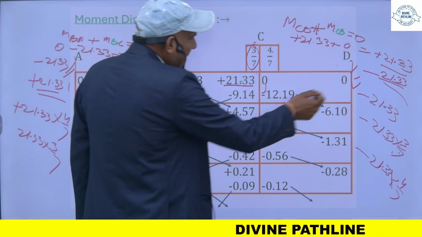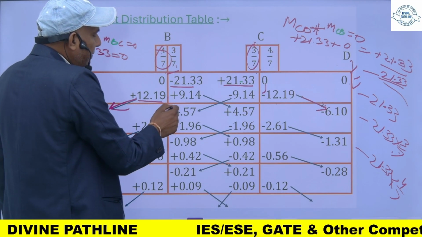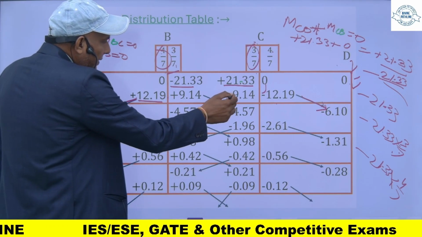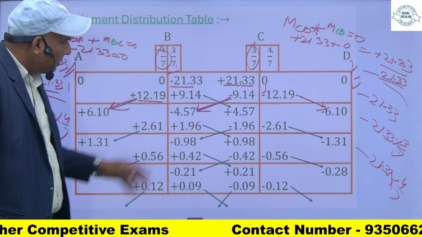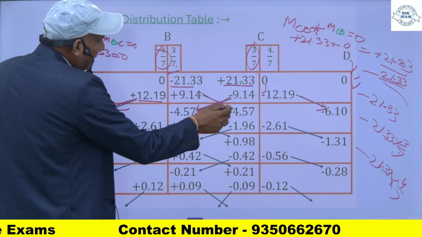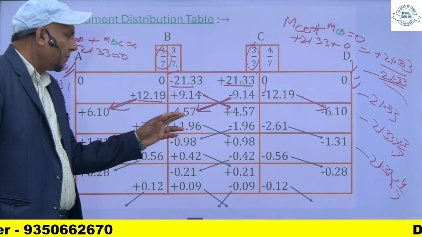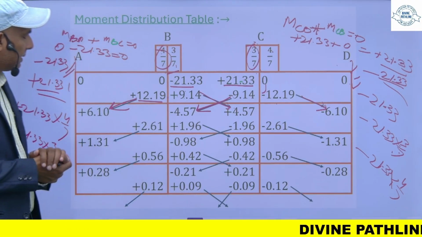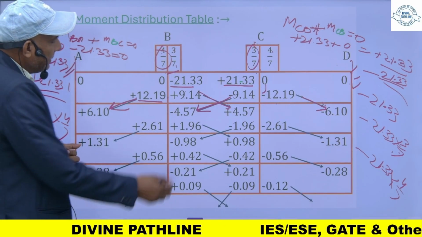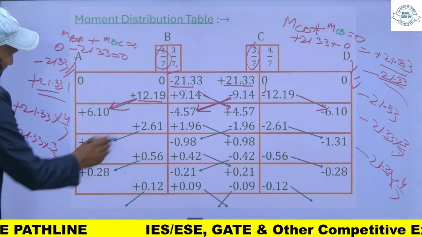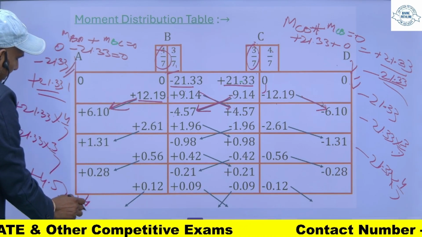सिमिलरली यहाँ मोमेंट जो लगा है ये एंड फिक्स्ड है तो इसका हाफ यहाँ कैरी ओवर हो जाएगा। और यहाँ जो मोमेंट लगाया है, क्योंकि ये एंड भी फिक्स्ड है, ये एंड भी फिक्स्ड है तो इसका हाफ यहाँ ट्रांसफर हो जाएगा। इसका हाफ 4.1 माइनस है तो माइनस आएगा, प्लस है तो प्लस, और सिमिलर इसका हाफ यहाँ आ जाएगा। इस ज्वाइंट पे इस मोमेंट का हाफ +4.5 आ जाएगा। अब ये मेरा -4.5 आ गया, ये +4.7 आ गया, बट एल्जेब्रिक सम इन दोनों का 0 होना चाहिए। दिस शुड बी इक्वल टू 0। उसके लिए मैं क्या करूँगा, +4.57 को इसके +4.57 का करेक्टिंग मोमेंट लगाऊंगा और सिमिलरली उसको मैं मल्टीप्लाइड करूँगा 4/7 से, देन 4.57 को